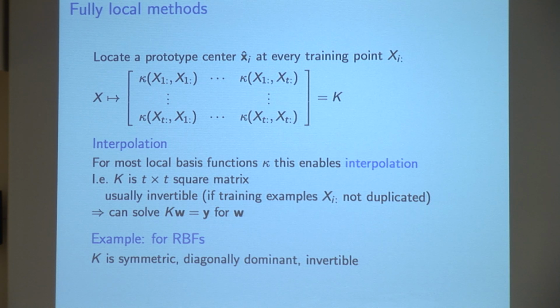Now, if I have a square matrix and it happens to be full rank, and you're interested in minimizing any loss, it doesn't even have to be convex, you can do it with a single solve, right? Because you can get all of your prediction errors to 0 instantly by just solving this linear system for the weights. That is, you can do interpolation. So in fact, local basis functions are really a standard way to think about interpolation models. You can even represent splines in this way with B-splines. And you can do interpolation.